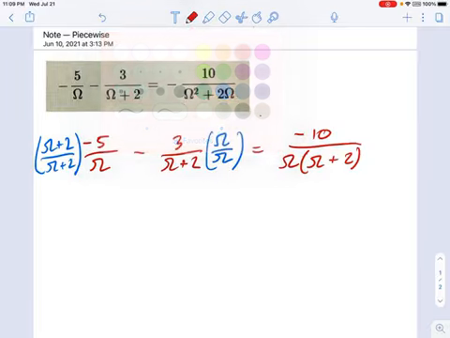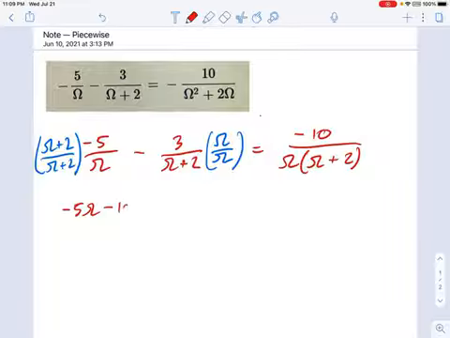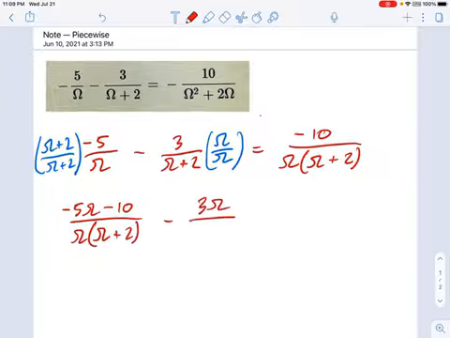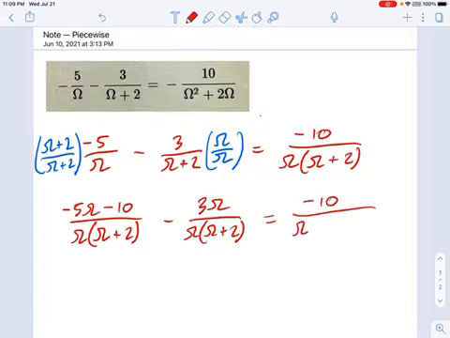Okay, and once I carry through that multiplication, every single fraction will have the same exact denominator. Okay, so let's multiply this through. This is negative 5 omega minus 10 over our common denominator, minus 3 omega over, again, that common denominator. And if you end up combining this step with the next one as you get more practice, that's fine. I usually do too, but I want to be clear about what's going on here. So this is the result of that multiplication.